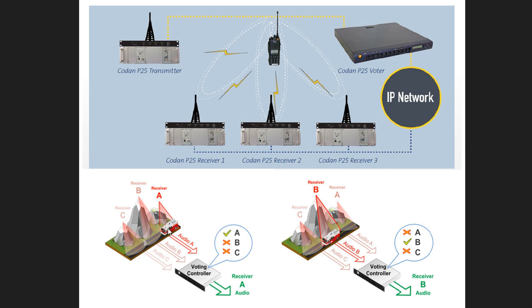When any mobile user transmits, it can hit multiple, if not all, of the receivers, and all the audio for the receivers comes back to a central comparator that looks at it and decides which one is the clearest, and then routes that audio into the system, whether it be rebroadcast out in a vote steer type of